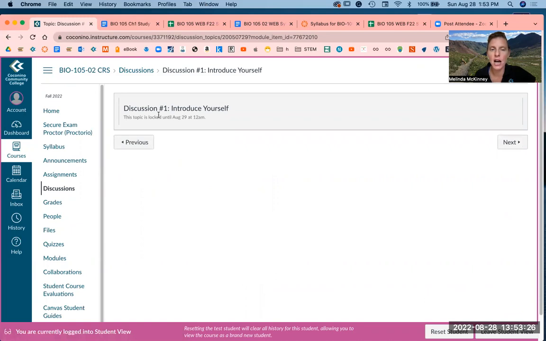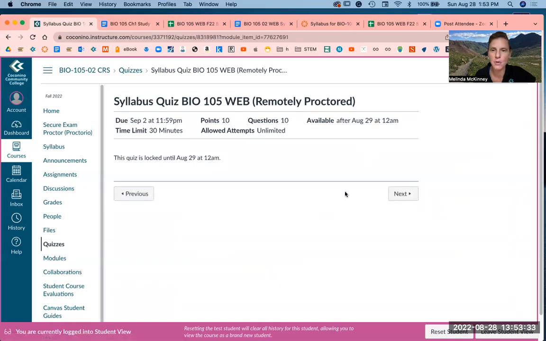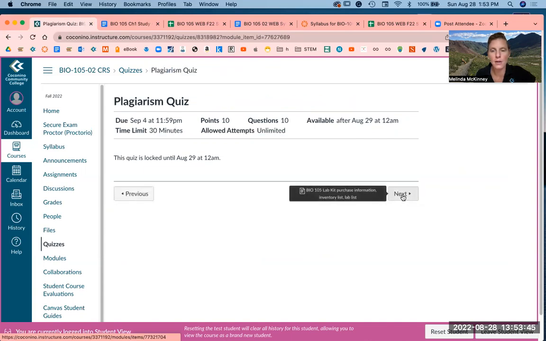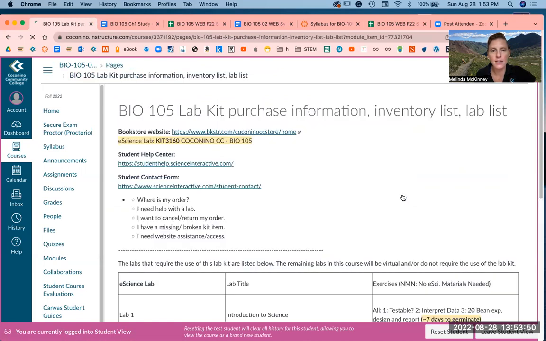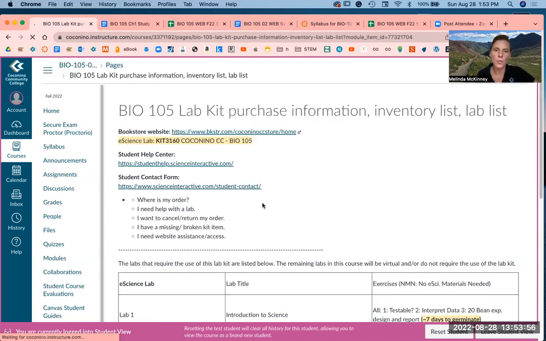Oh, the discussion is locked, but this is where you'll get to the discussion for introduce yourself. That'll open. I'm doing this on Sunday, but this is going to be posted on Monday. Same thing with the syllabus quiz. You can get in that way. And your chapter quiz, you can get into all of these when they open. Your plagiarism quiz. Okay. All right. Okay. And actually, that's the end of the module 1